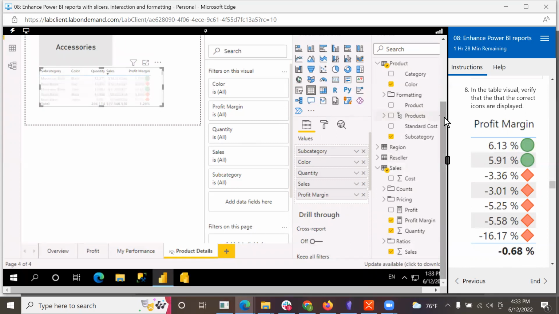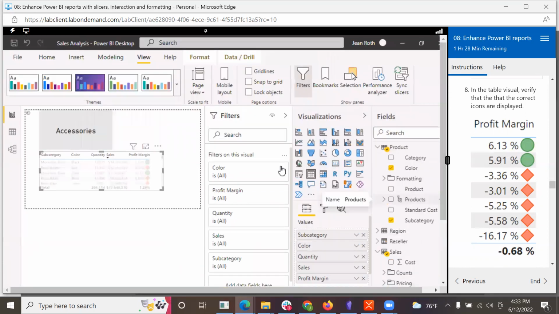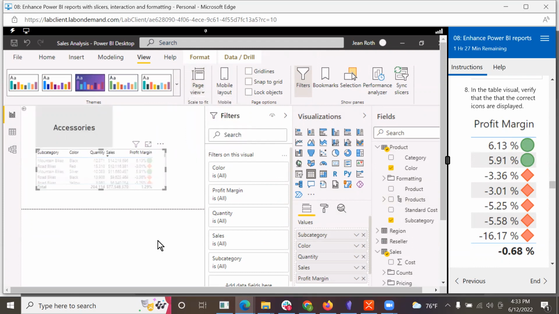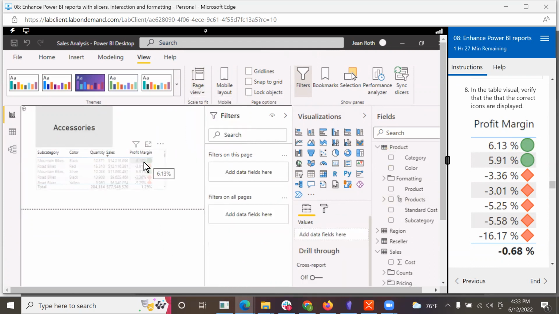I'm gonna need to make that a bit larger just so I can see the positive values, fit to page. All right, yeah, I can see a little bit better now that the positive value has green, negative has red, and so on. Okay. Oh, the numbers are different. I have 1.29. I'm not sure why that is,